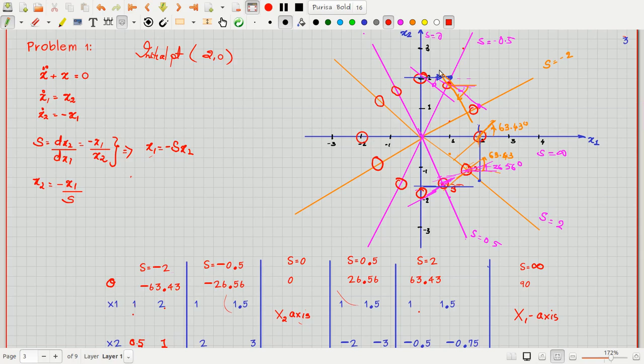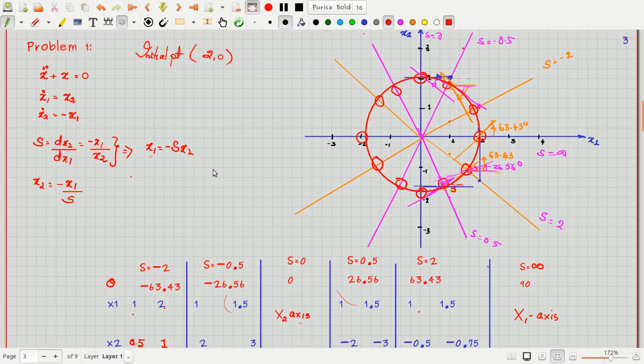If I get all the points of my trajectory, the only thing I have to do is start from the initial point and start plotting the curve. I should get a circle. Definitely, I got a circle here. I have plotted this for the system. This is how you draw the phase plane trajectory for this kind of system. It's quite simple. The only thing is that you have to take the angles correctly and draw the isoclines properly.